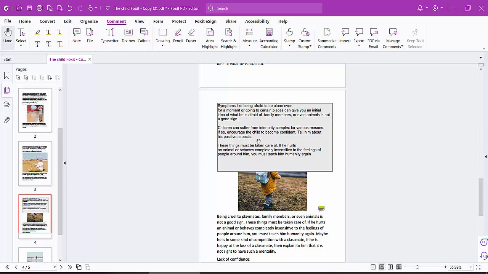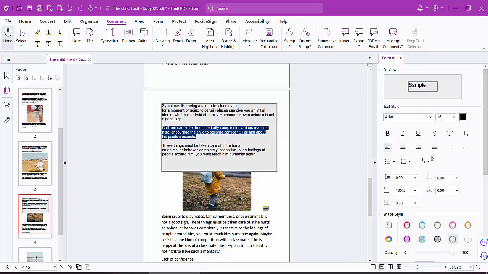box. Double click on this text box and select your text, drag your mouse cursor, and on this right side bar here you will find this arrow. Click here and this opens the comment box properties dialog box. Here you can apply strike through with this strike through icon, and simply select apply strike through, and this text is now